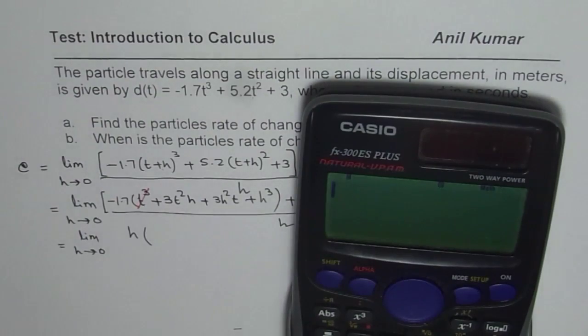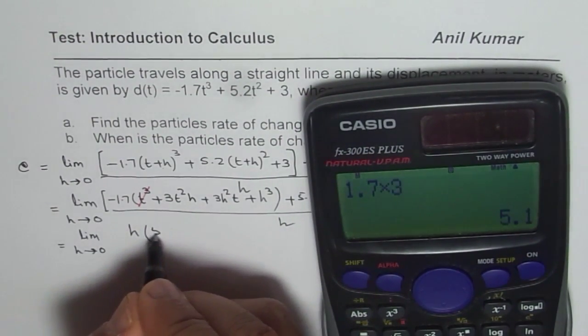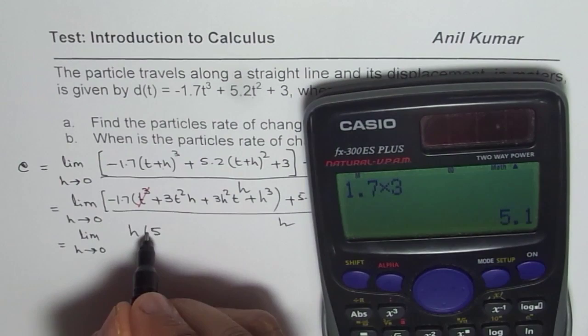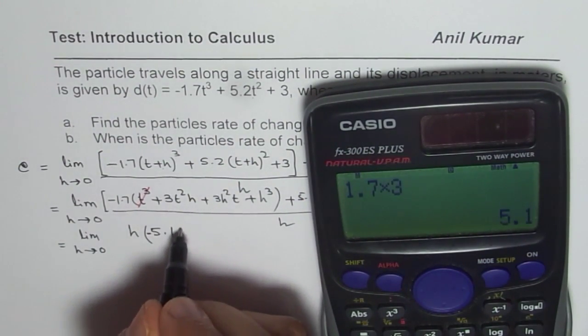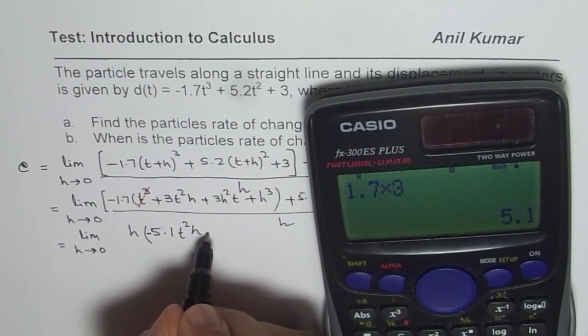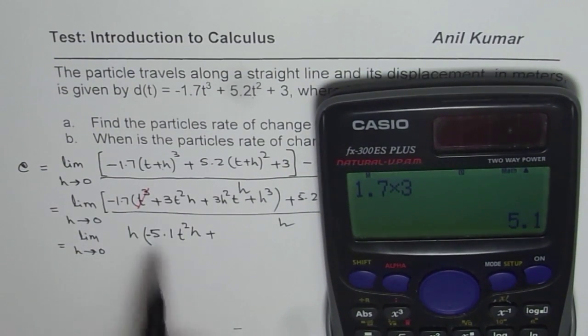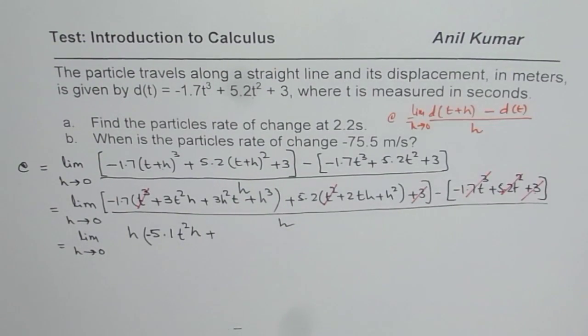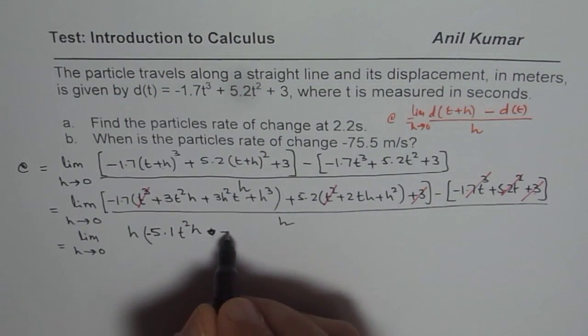So it is, I'll write 1.7 times 3 equals 5.1. So it is, minus, sorry, minus, right? So minus 5.1 t square h plus 1.7 times 3. This is the same thing, right? So 3, so 5 minus 5.1, so again minus makes it minus